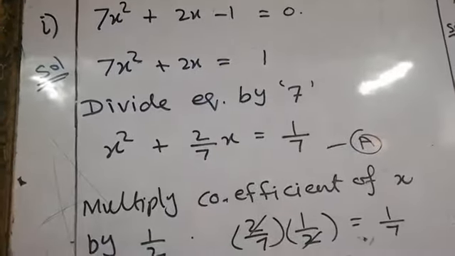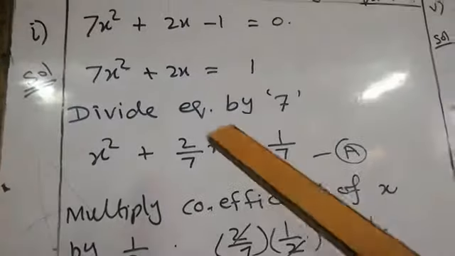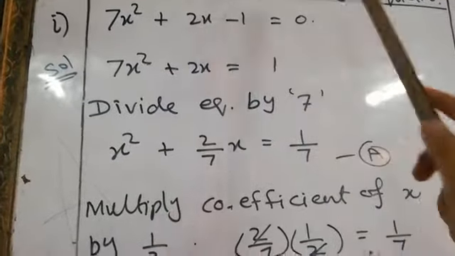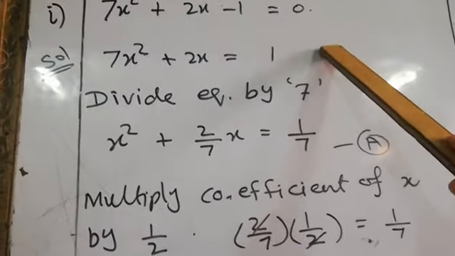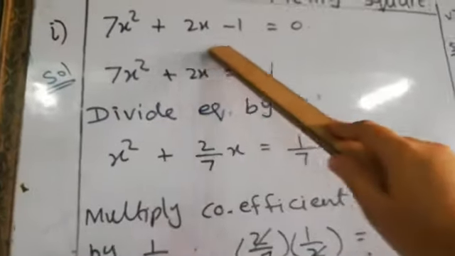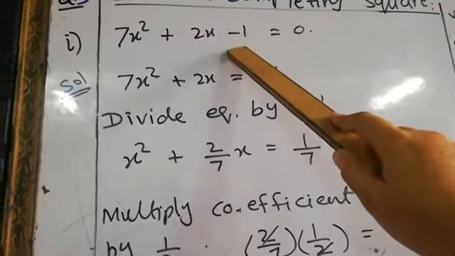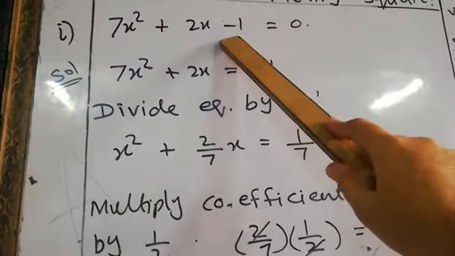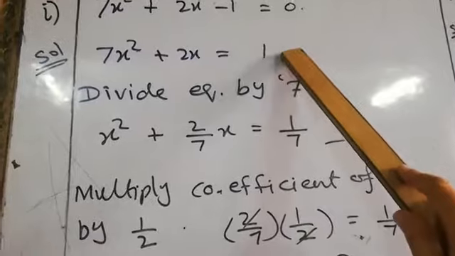In this method, there are some common steps which we will do in each and every question. The first step is that we check if the constant value is written on the right side of the equation, then there is no need to move it. But if the question is written in the standard form of the quadratic equation, then we write the inverse of the constant value to the right hand side like this. We will shift the value minus 1 from the left hand side to the right hand side. This is our first common step.